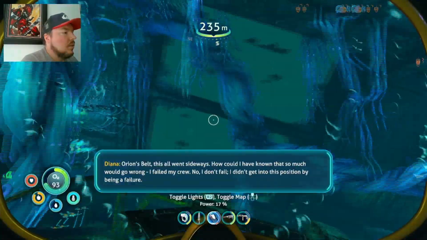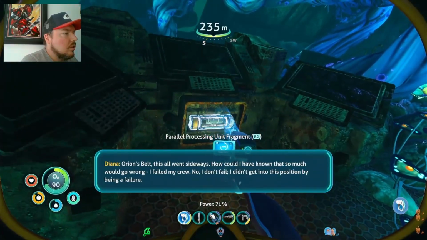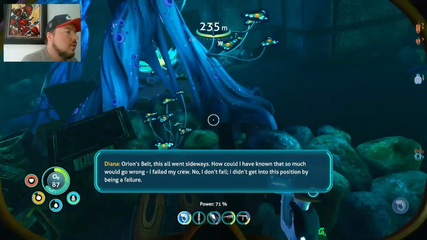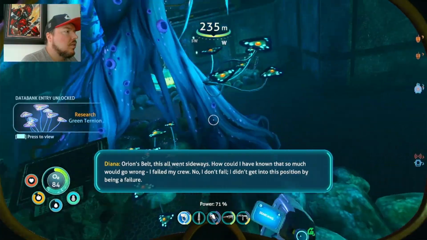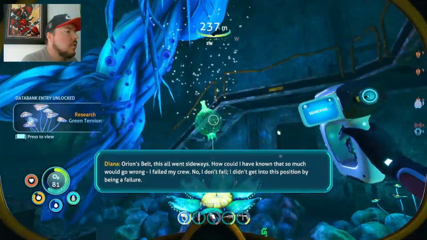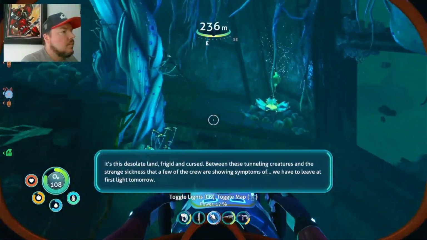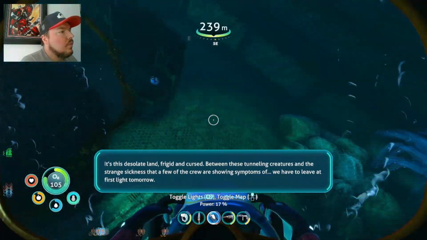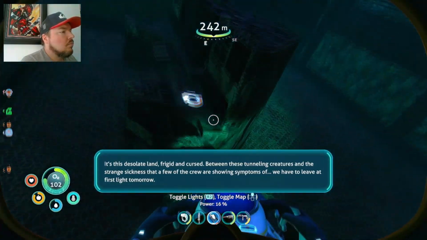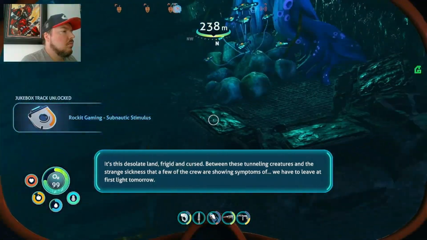Orion's belt, this all went sideways. How could I have known that so much would go wrong? I failed my crew. No. I don't fail. I didn't get into this position by being a failure. It's this desolate land. Frigid. And cursed. Between these tunneling creatures, and a strange sickness that a few of the crew are showing symptoms of,